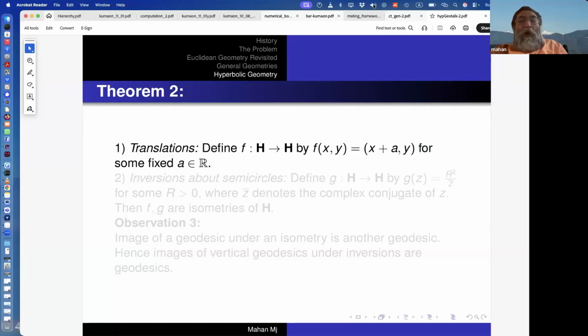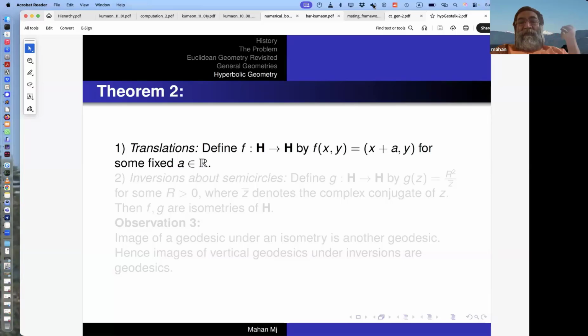But there's a little more, and this is really what helps us. This is the one place where there is one little simple computation to be done. It's basically the statement of inversions about semicircles. This inversion is basically spherical reflection. It comes from spherical optics, which was explored considerably by Fermat. So what is it?